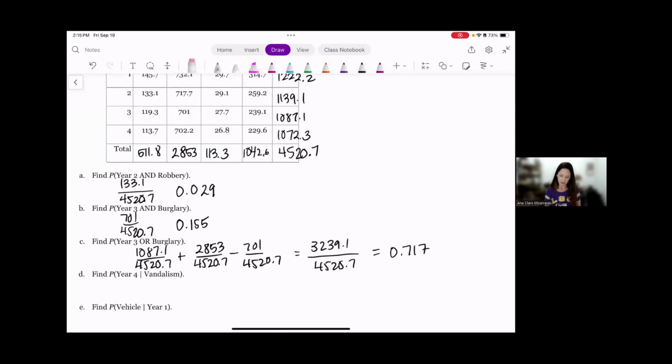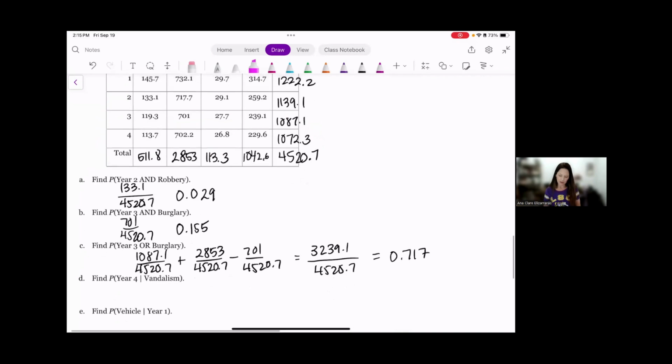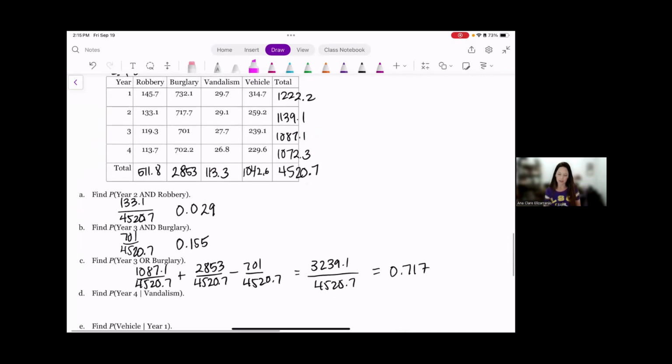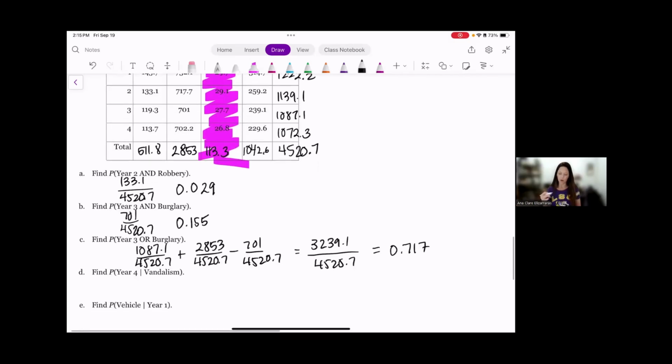All right, now I'm into conditionals. I want to find the probability of being year 4 given vandalism. I only care about the vandalism then. How many were vandalism for the violations? That was 113.3 out of, actually, I don't care how much it's out of because it's a condition. So of those 113.3, how many were year 4? 26.8. So dividing 26.8 by that 113.3, I get